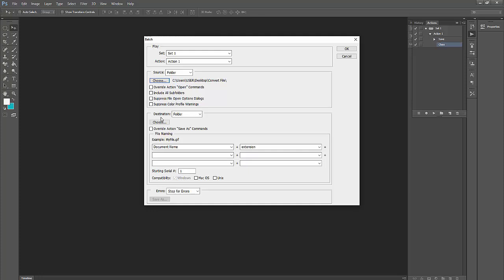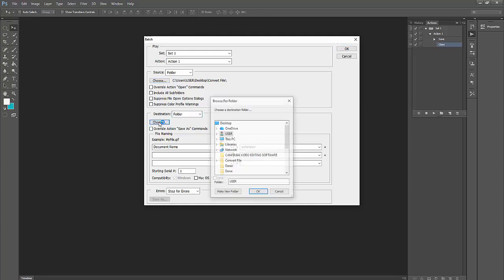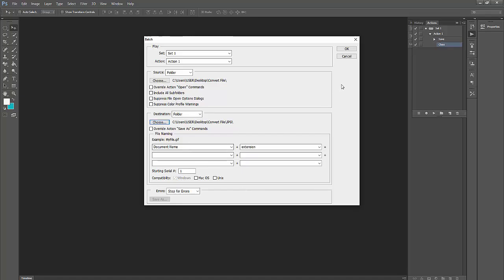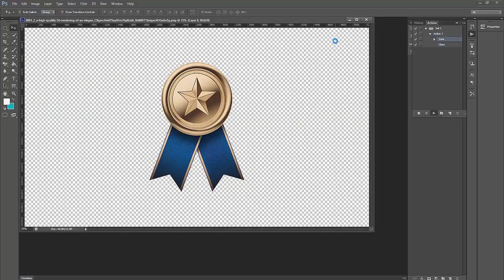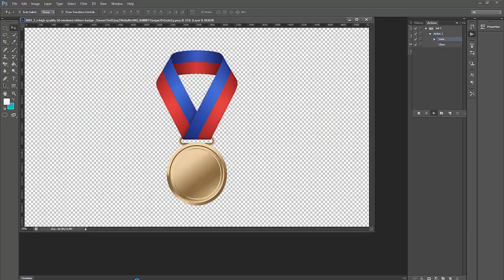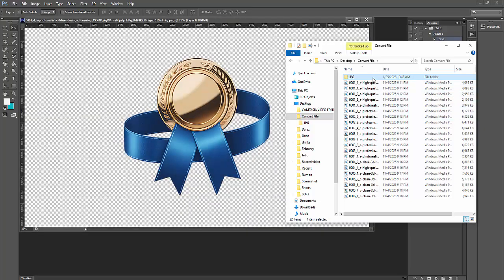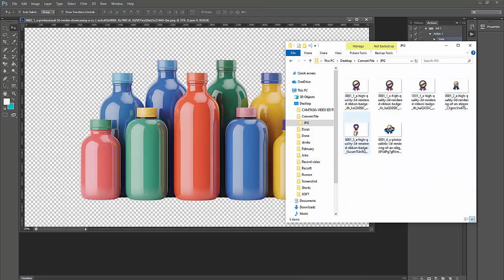Now select the destination again, and now select the folder. Now click Source. Now convert. Now click JPG. Now click OK. Now click OK. That's it. Now you can see. Now check the file. That's it. Now you can see